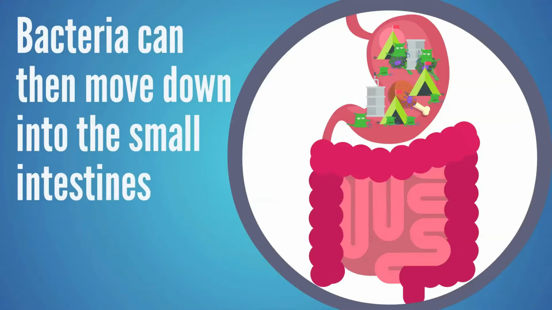Now, when we're looking at this issue as far as SIBO goes, well, if bacteria can survive in the stomach, they're going to continue moving down into the small intestine and set up camp there. So all of a sudden we have all of this bacteria in the stomach or the small intestine, and they're replicating there, they're setting up camp, they're having a great time. All of the waste product from these microbes is becoming more alkaline and alkalizing this area that should not be alkaline. So it's going to create a lot of problems.